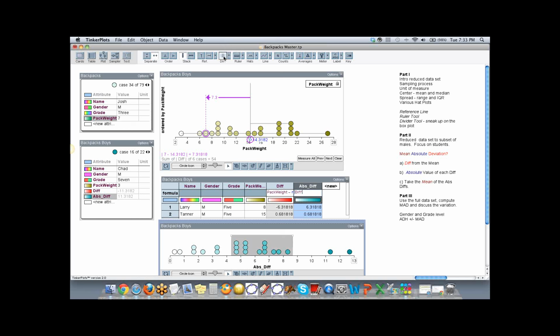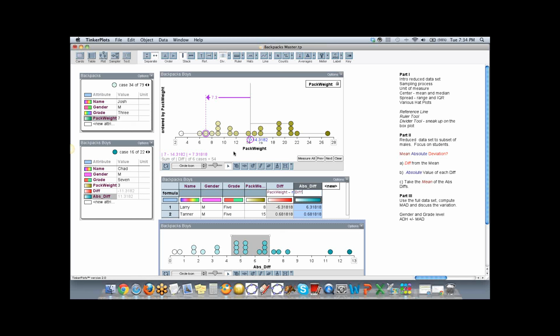I'm going to pull in the divider tool and say, what are we looking for? We want to find the mean absolute deviation. Well, the mean is the center clump. So visually, maybe something like this would be our center clump of all of these differences. And the differences are now all positive. They're how far we are from the mean. So before we get too far up here, I want to have this visual for the students and saying, okay, what do you think the mean absolute deviation is going to be? So they're estimating, well, it's going to be somewhere between 5 and 6, maybe closer to 6.